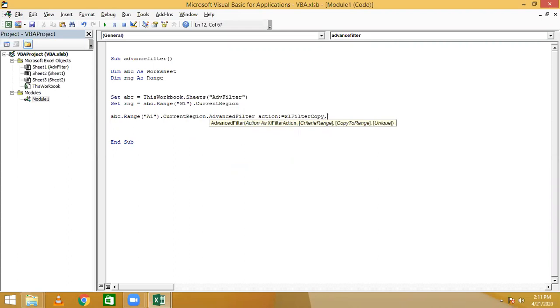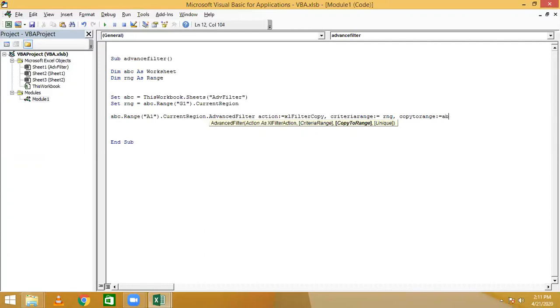We wanted to copy it. CriteriaRange: where you wanted to pick it. RNG we defined already, G1.CurrentRegion. This is our criteria. So we will write RNG only, comma, space, CopyToRange:=, where we wanted to copy.